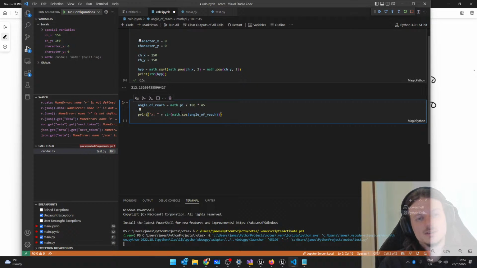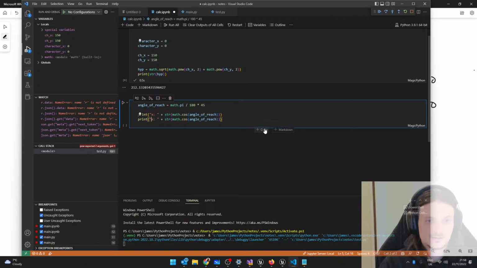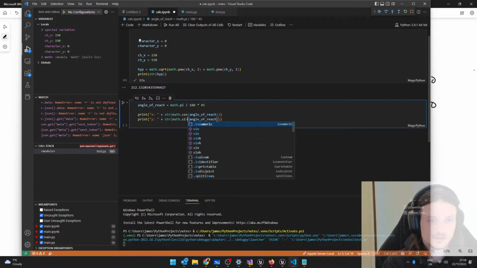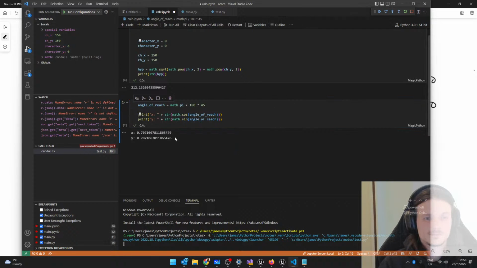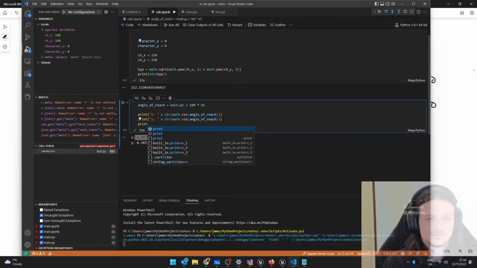Oh, that's interesting. That type ahead was correct then, I think. Let's just see though. Angle of reach. That's going to be sine. And then converting that. Well, actually, let's just